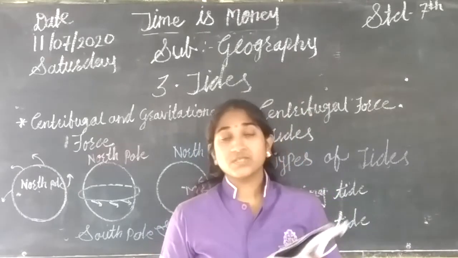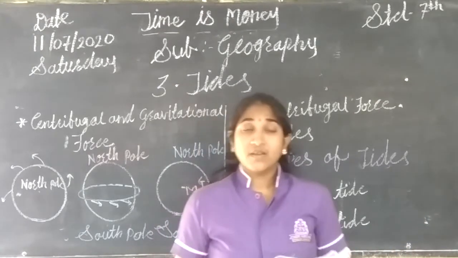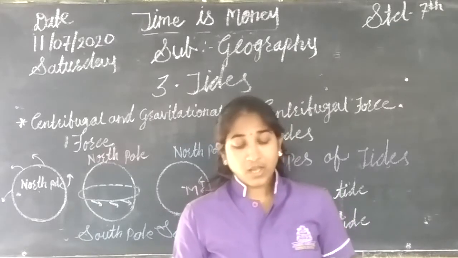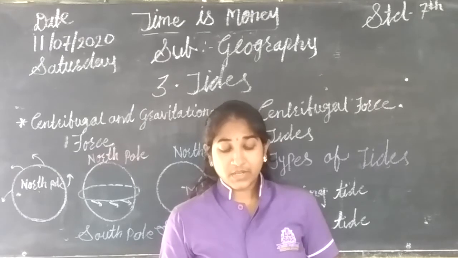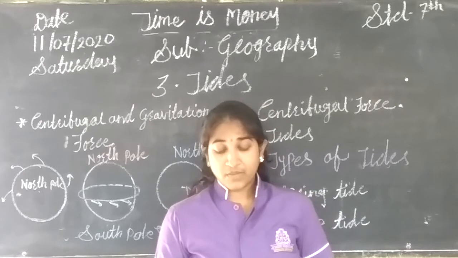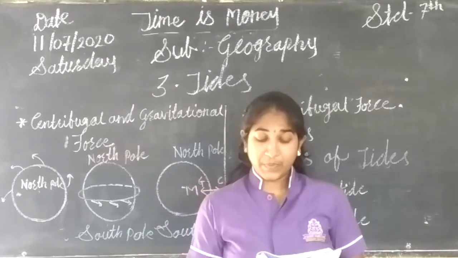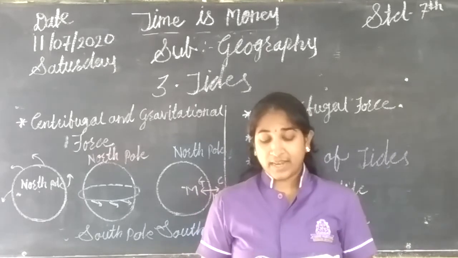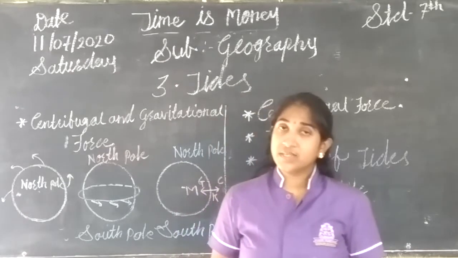So, there are some questions given and the explanation of those questions is given in your geography textbook. Let us see that. In all the above activities, the effect of the centrifugal force is visible. The centrifugal force acts in the direction opposite to the gravitational force. The centrifugal force means going away from the center. You must have experienced it too. At the local fairs, if you sit in the Ferris wheel, your seat spins and leans outwards away from the wheel. This is also an effect of the centrifugal force.